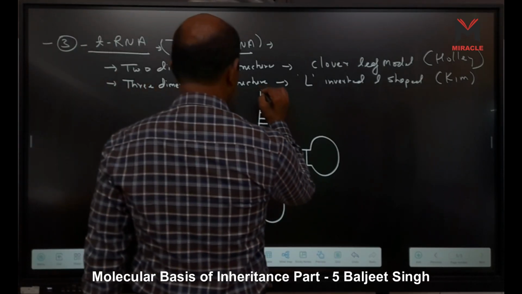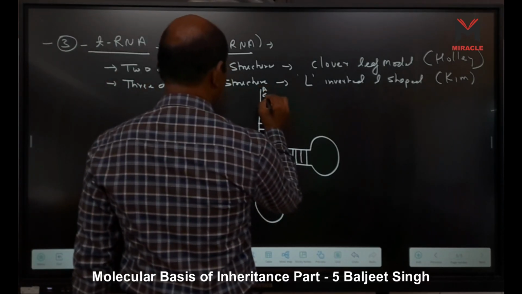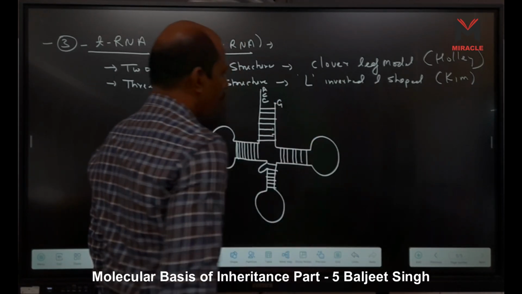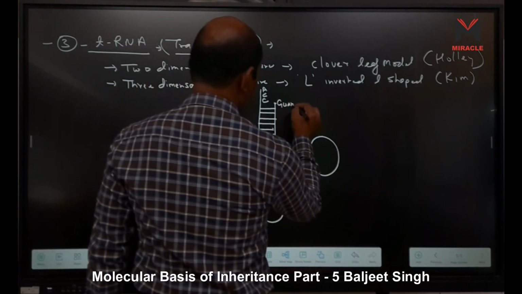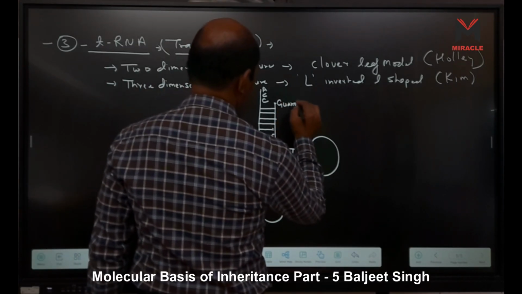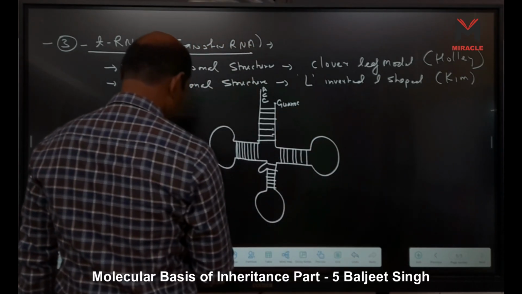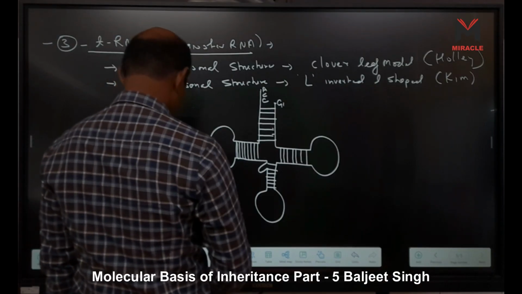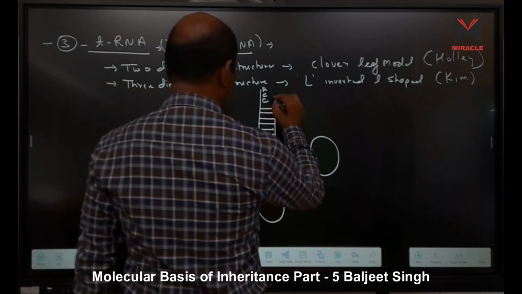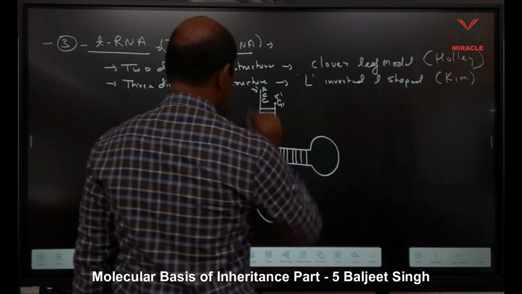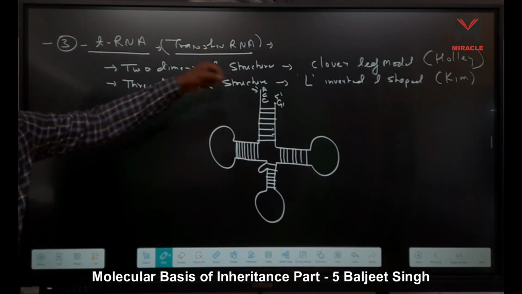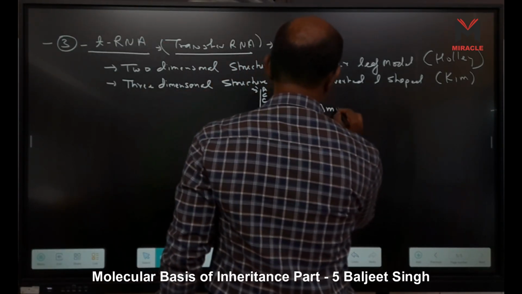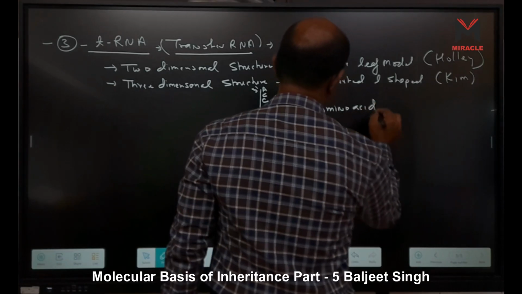And this last point, it contains adenine, cytosine, cytosine. This side it is G, guanosine. Guanylic acid is there. Okay, we write here guanosine. We need not write this one, right? This is the 5' end and this one is the 3' end. 3' means the long arm is the 3' end. And this arm is called the amino acid acceptor arm,